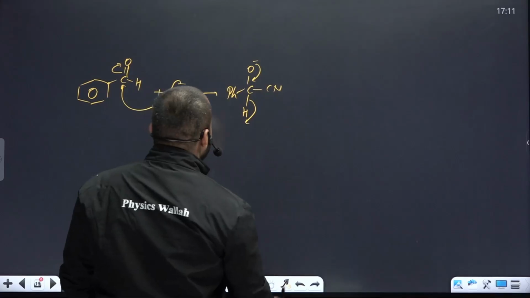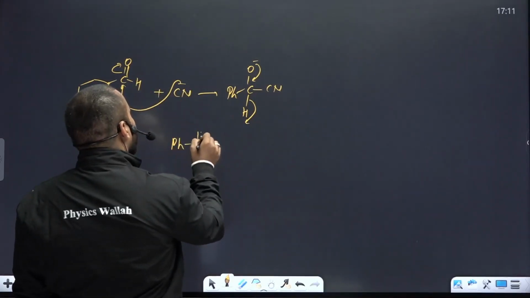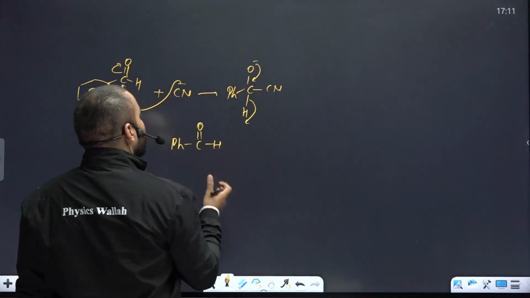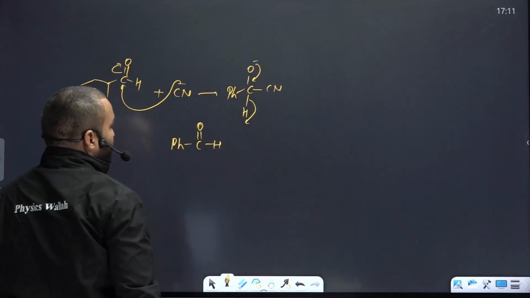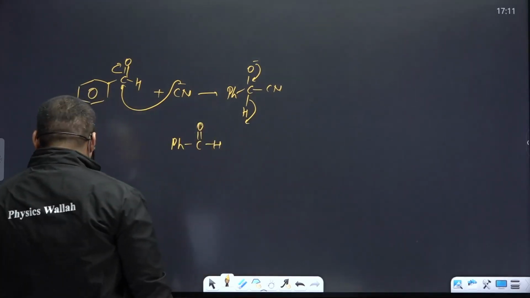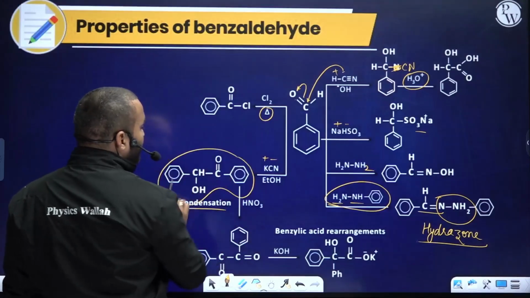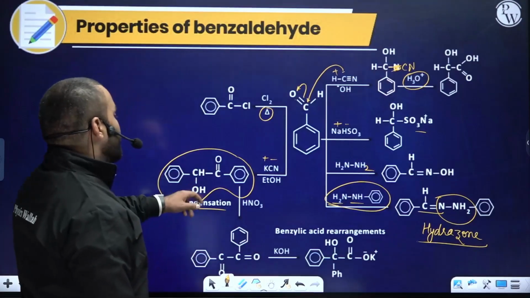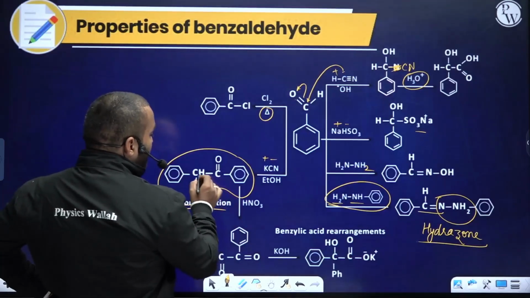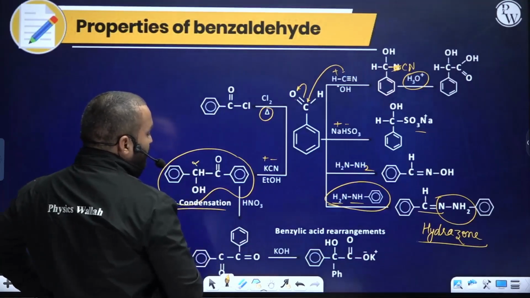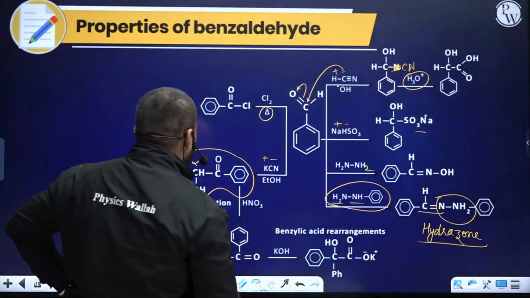So what will this compound eventually do? Ph, another molecule of benzaldehyde comes into the picture, and these two molecules will start coupling with each other. As a result of that coupling, there will be benzoin condensation. The compound obtained will have C double bond O and CH with one OH. This compound is an alpha hydroxy ketone. So benzaldehyde, since it does not have any alpha hydrogen,